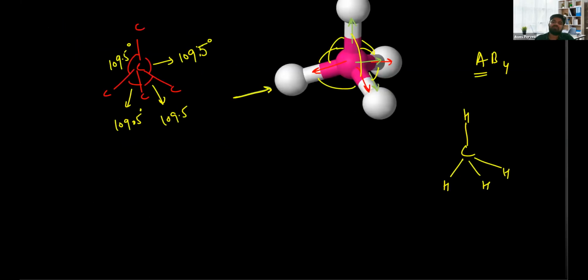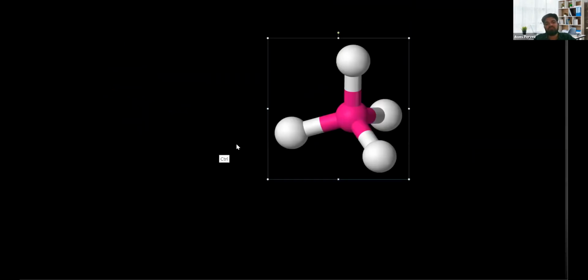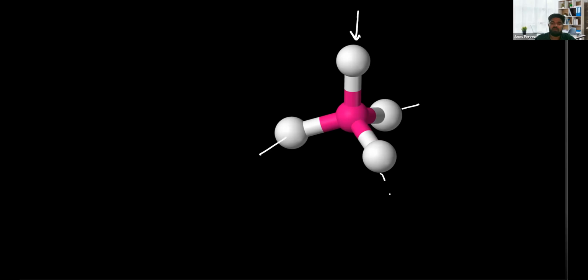Okay, this is the structure of diamond. Sorry, tetrahedral structure, and this is a very common structure. Okay, and this is like this. If you apply the force in this direction, then the equal force will be distributed here, here, and here. Even if you apply the force in this direction, then the equal force will be distributed